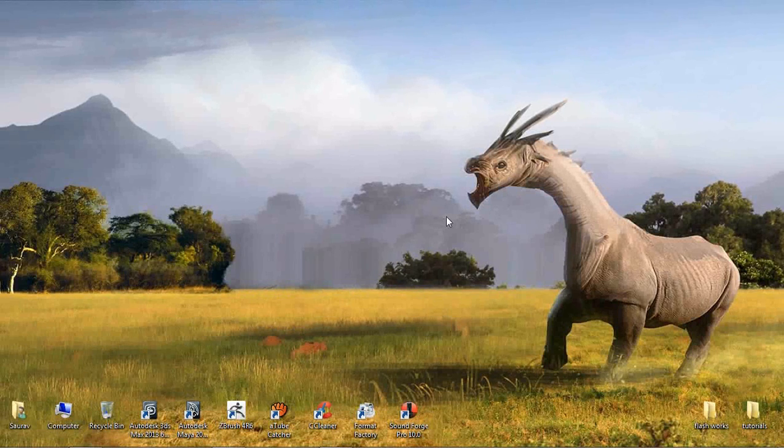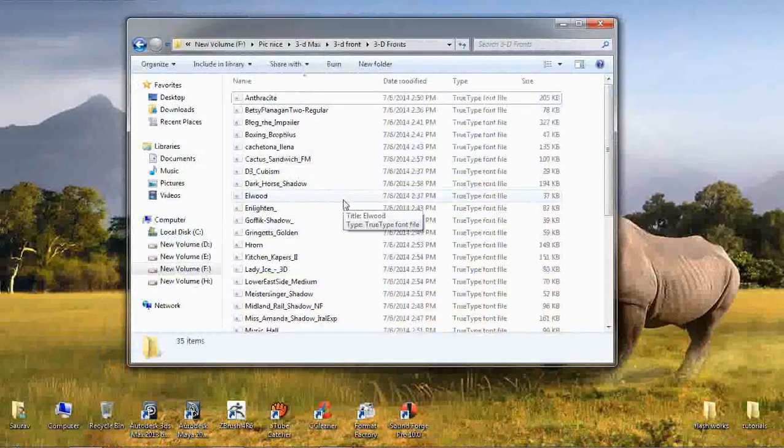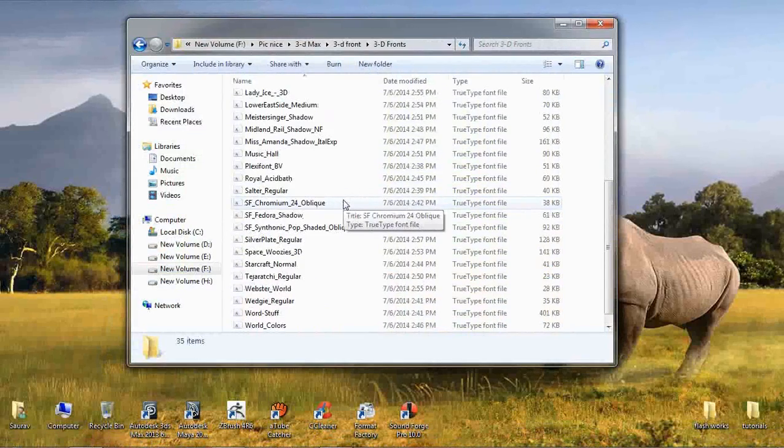So I am going to show you how this basically works. This is the font I have. This is basically a solution to manage your fonts whenever your Windows is corrupt and some problem happens in your system.